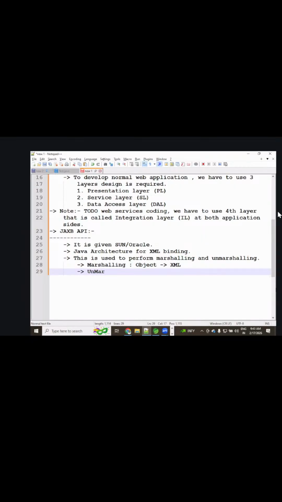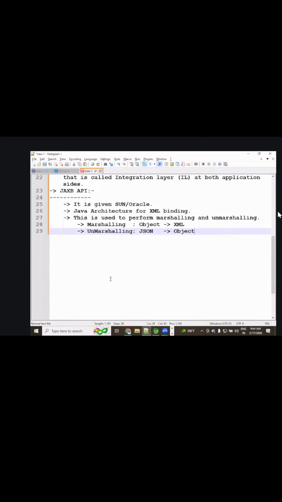Unmarshalling is the JSON format to object format, as per the JAXB point of view. The marshalling operation is object to XML, but the unmarshalling operation is JSON to object.